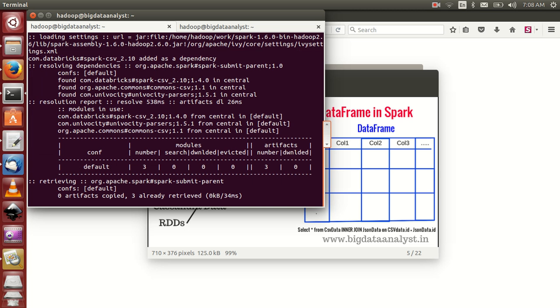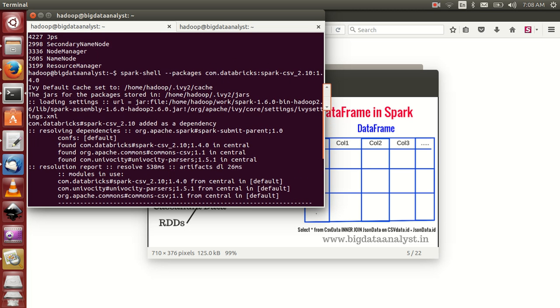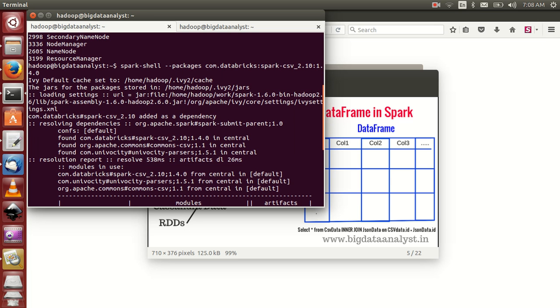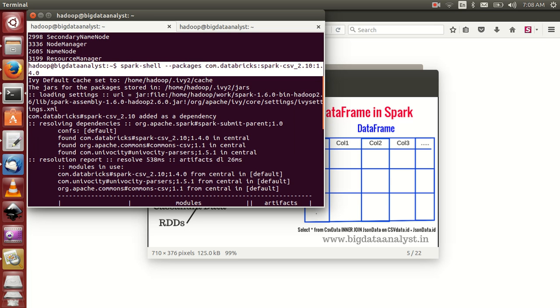That's why I am including this databricks CSV package. Okay,